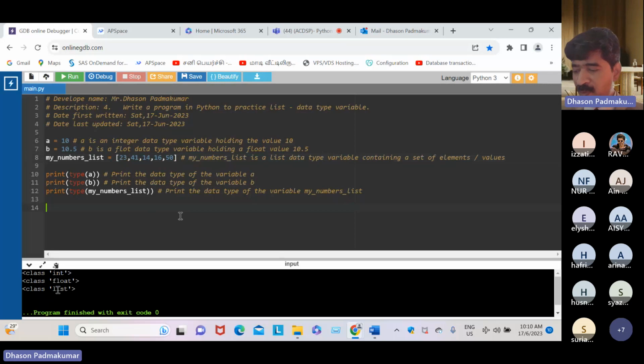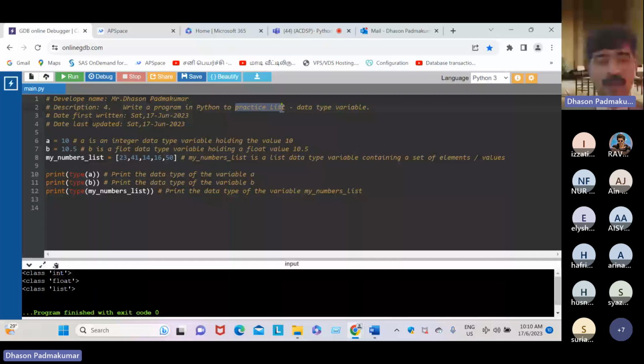Now next, we're going to manipulate the list. See the learning outcome: to manipulate and practice list. First is print.